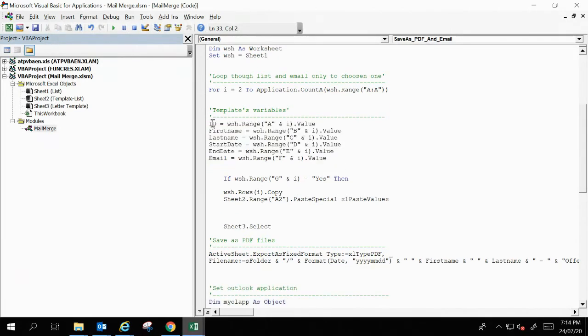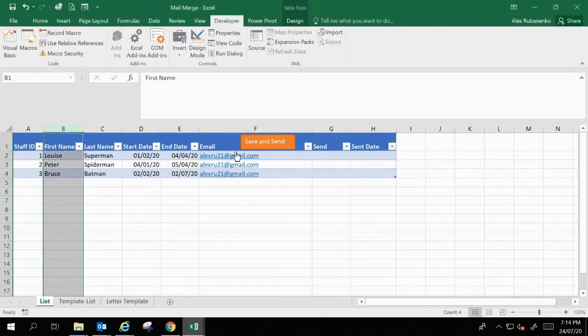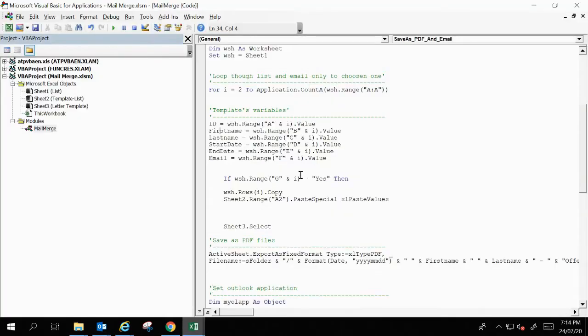I'm setting up the variables for each column. So ID will be column A, first name will be column B, and so on. So in your task you might need to add more and more columns. So then you just copy and add and change the name to whatever you want. Okay,